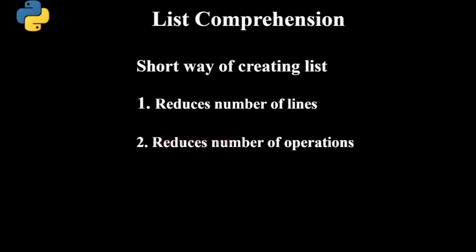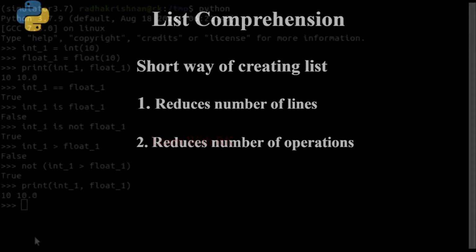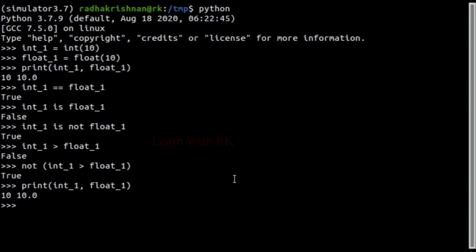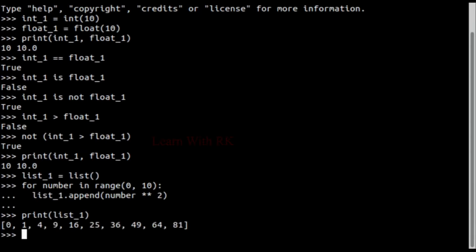Let's say I want to create a list with the square of numbers from 0 to 9. In the normal way, we will first create a list variable and then in a for loop, we will iterate the numbers, find the square of those numbers, and keep appending them into the already created list variable. Do we really need to do these many steps to create a single list? No. List comprehension is the easiest way of creating the list. Let's see how we can create a list using list comprehension.